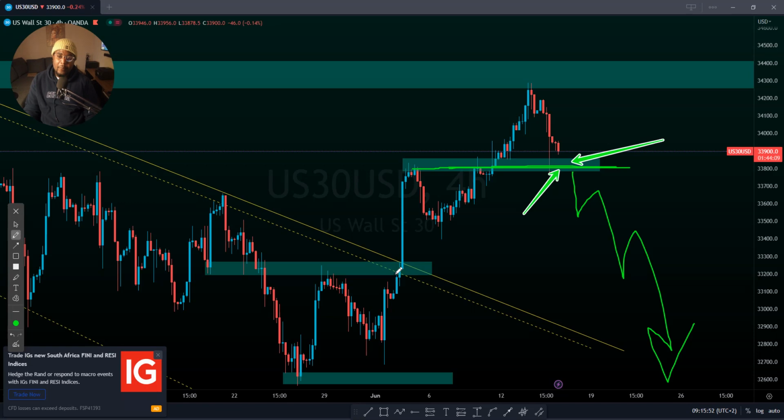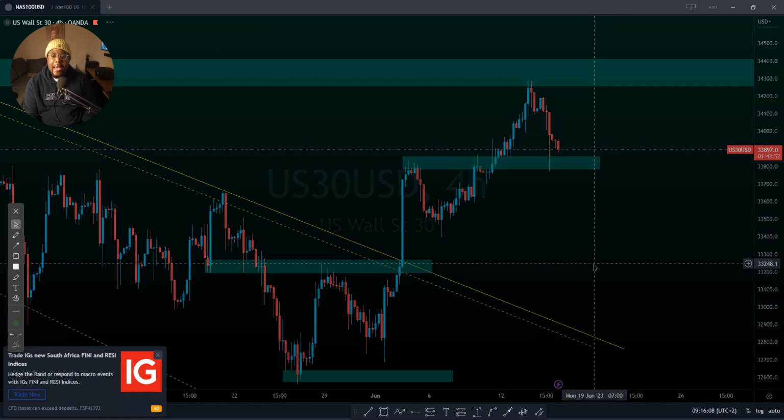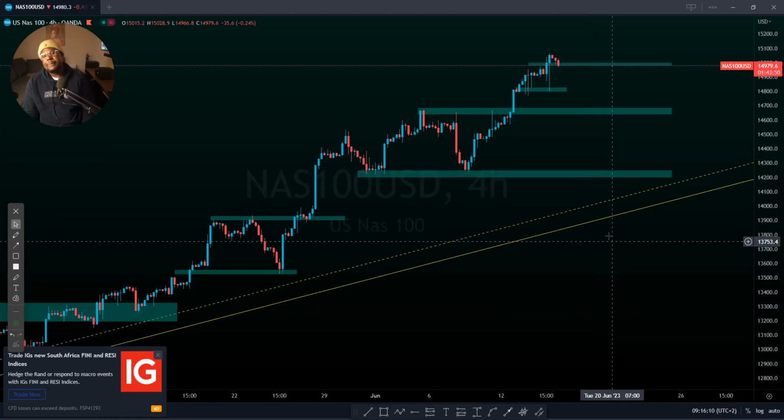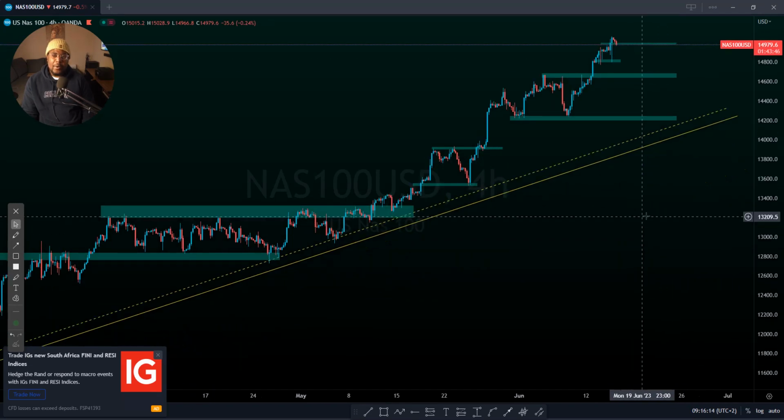You see that? If it breaks. If not, maybe the market will find its support here and start to push the upside. But I'm just waiting for a downtrend. I think the market has confident pushing to the lower side as it respected that resistance that has been there actually for quite some time. Do you see that? So on NASDAQ